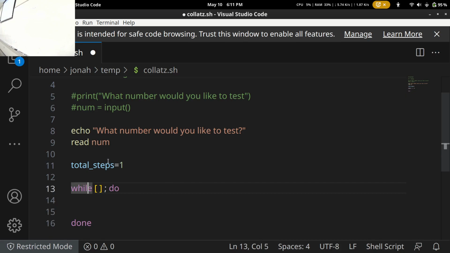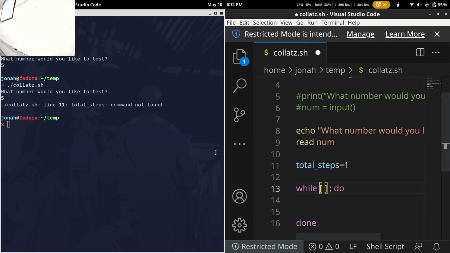So now we get into one of the other quirks of bash, is conditional expressions. So inside of those angle brackets, we're going to try to evaluate some expression to see if it's true. And while it's true, we're going to run the code that's between the while and the done. So the funny thing about bash is that it doesn't rely on Boolean statements in order to run something over and over again. It relies on status codes.